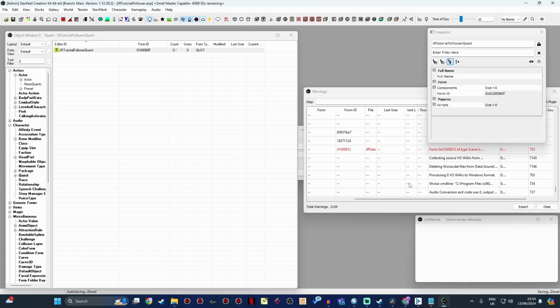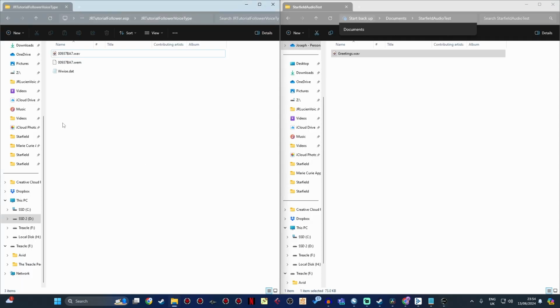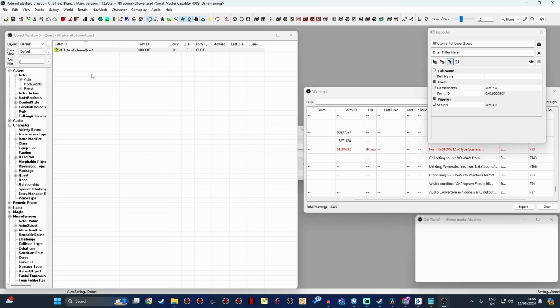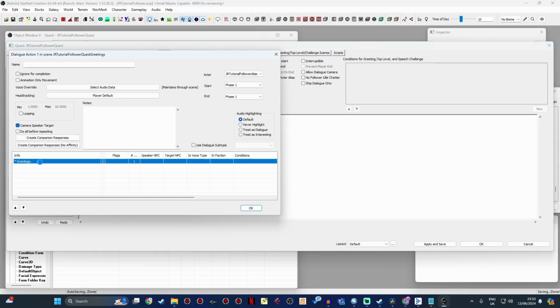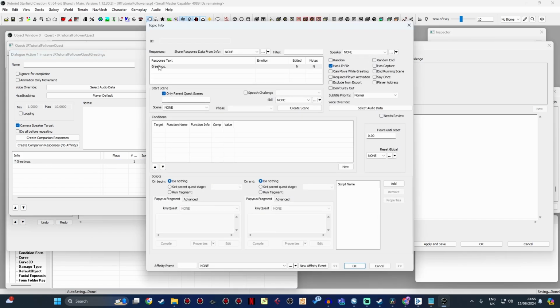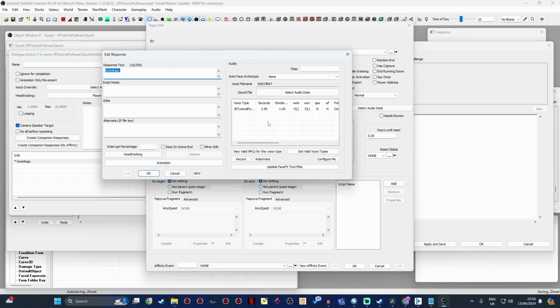But hopefully there hasn't been, so we'll go back to Explorer, and look, we can see I now have a nice fresh WEM file. We'll just test if it worked. We go back to the Creation Kit again. We'll reopen my quest, reopen the dialogue, open up greetings there. And we can see, again, I can see the second says 3.95 there, which means this is a valid file. If it said 0, then I've got an invalid file. And if I double click it, I can play it.